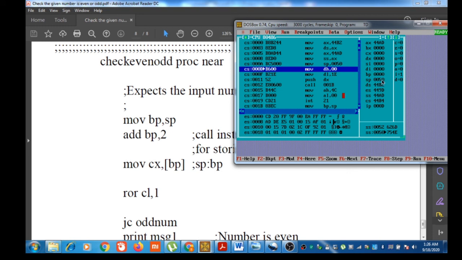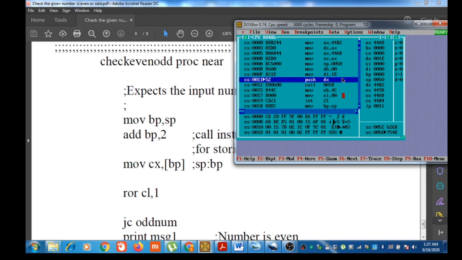SP carries the value 0050. Now we are moving the number to DX register. The data is only 8 bit, so DH is 0 and DL is carrying 1E. That is number 30.